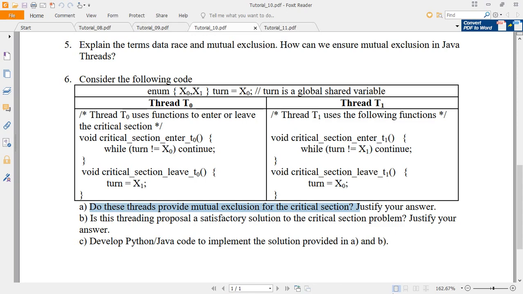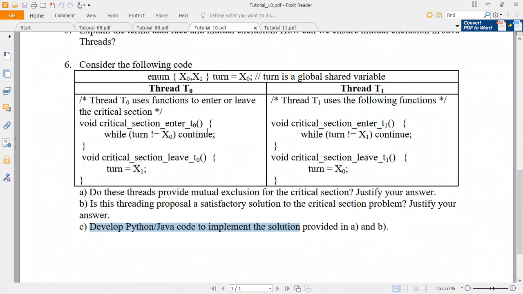The third question, part C: develop Python or Java code to implement the solution provided in A and B. Recall the mailbox example discussed in lecture 36. In the mailbox, the producer is trying to put some message, and the consumer is trying to retrieve the message. The same kind of scenario is also there in this question.